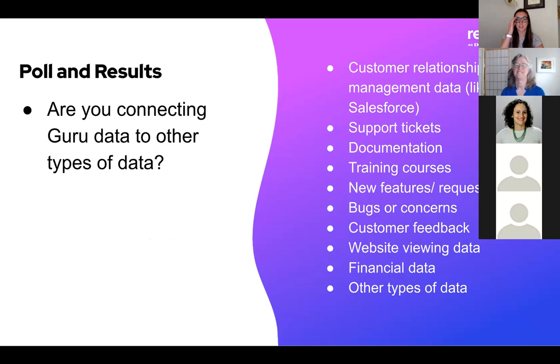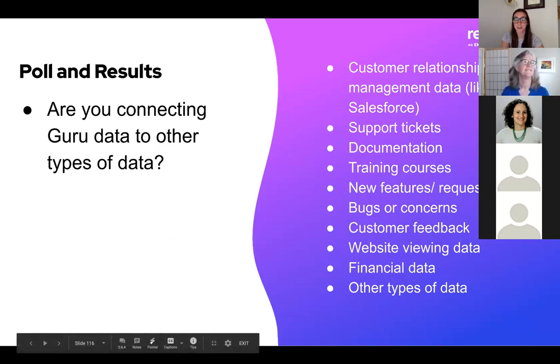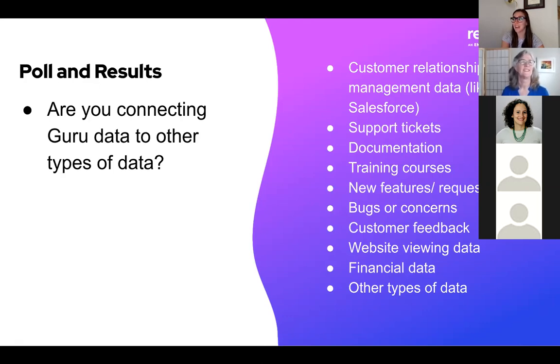Yes, so we just launched the poll. We're curious to hear where everyone is connecting Guru data, if you are. But Tig, it's coming through in the chat, but I really can't reiterate how interesting your team's perspective is on verification and verifier individuals versus groups. Just such an interesting example of looking at what works for your team and looking at ways that you can make Guru work for your team. So the poll is live. Curious to see where everyone is connecting Guru data.